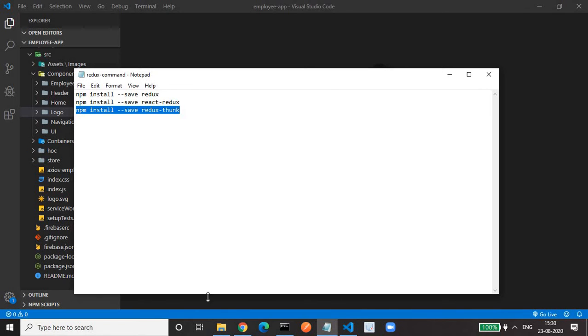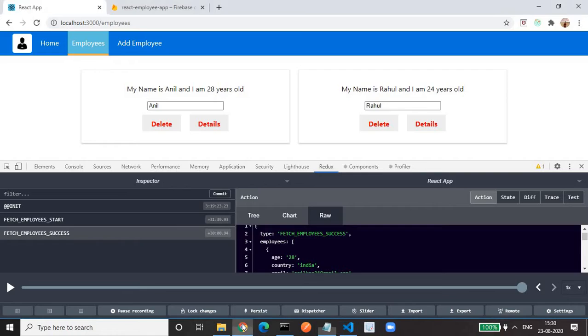After these installations, you have to install the Redux dev tool. This is how it looks. It is used for debugging purposes, and it is necessary so that you can see the action, what that action is doing with the state, the difference in the state, the type of the action, the payload in the action. All this kind of debugging you can do. You can do time-travel debugging by clicking on the jump buttons. So all these steps can be done by using the Redux dev tool. It's one of the important tools to work with Redux for debugging purposes.